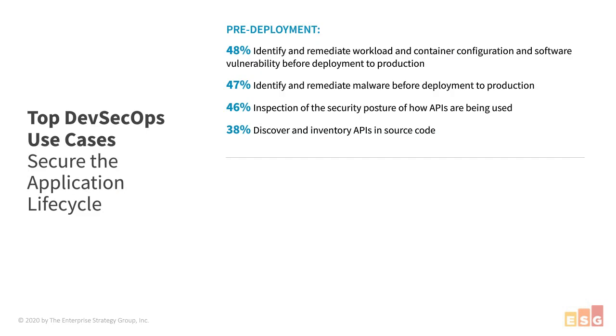And that's one of the things I wanted to understand in this research study: where are organizations starting? What type of use cases have they implemented? So we asked specifically, now in the study, by the way, we didn't categorize them by pre-deployment and runtime. We just asked which of the following secure DevOps use cases are you currently implementing? By the way, we did ask them this question initially, like 12 months ago or whatever.